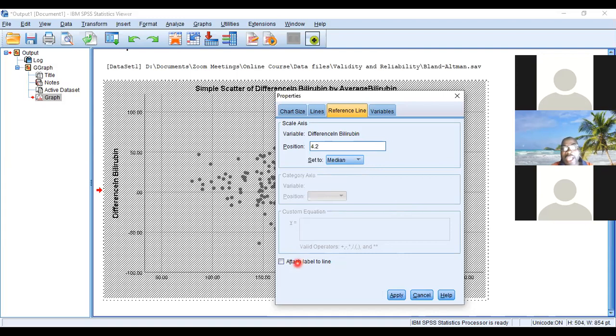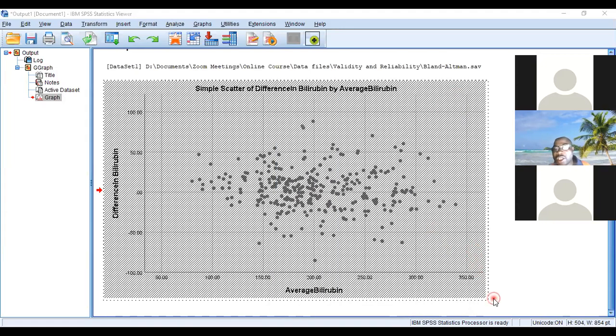As you now say attach label, you want it to write on it. Because if you don't attach label, it will not write it. Now say attach label, and then apply. Can you see now? If I go, can you see the two,